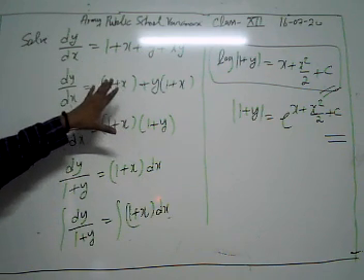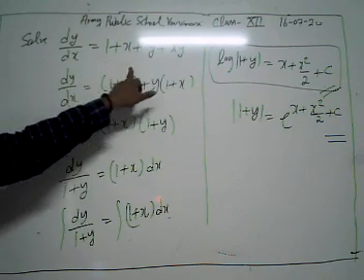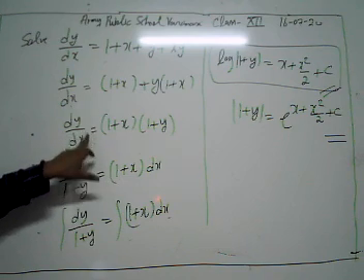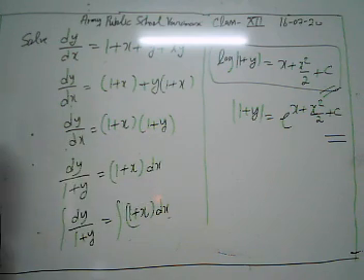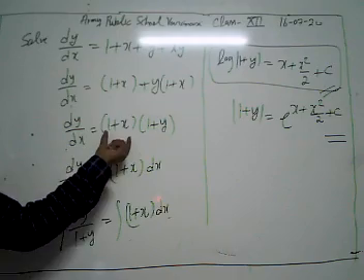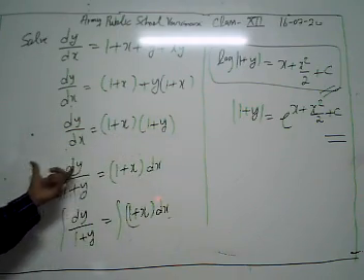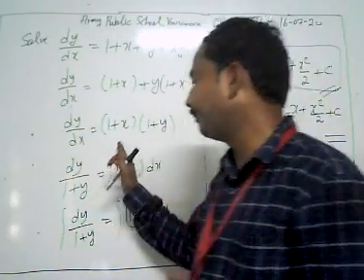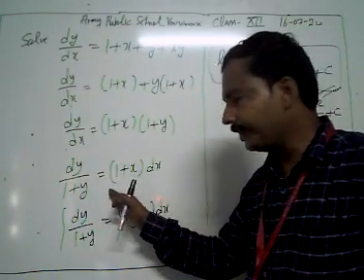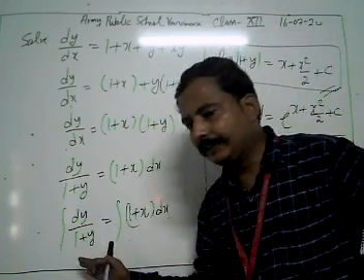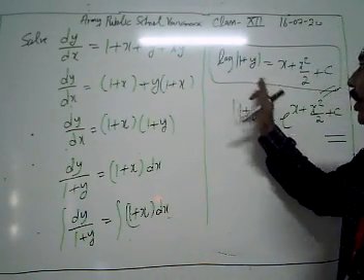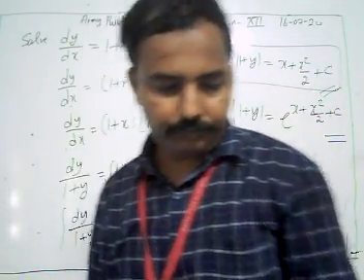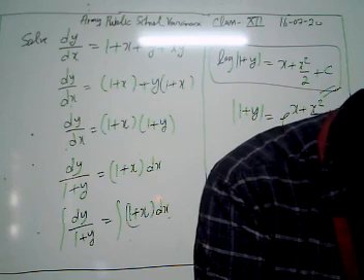Look, we have to solve this differential equation with 1 plus x plus y plus xy. First of all, we reduce it to the form dy by dx is equal to (1 plus x) into (1 plus y). Then we use the variable separable method. We separate our variables, and we have dy by 1 plus y and (1 plus x) dx. Then after integrating we get log of 1 plus y equal to x plus x square by 2 plus c. Now we are going to move on with some more examples.